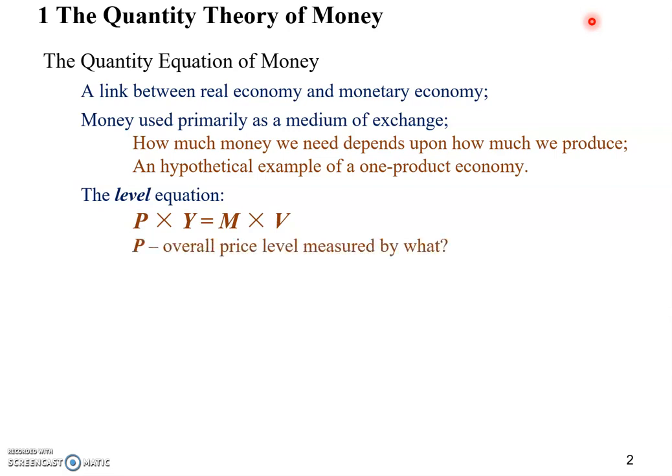Here, P stands for the overall price level, okay, which is measured by, again, you can pause the video and think about what macroeconomic indicator we learned before can be used to measure the overall price level. All right, there are at least 2 we already learned, okay? CPI, Consumer Price Index, and GDP deflator. Okay, you probably remember we briefly talked about PPI,